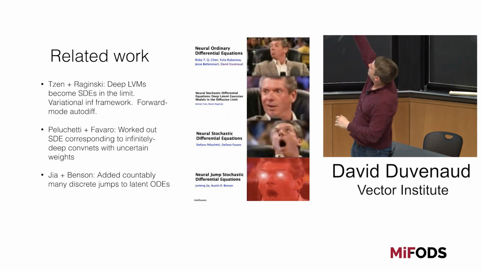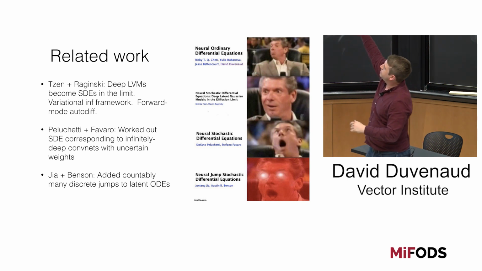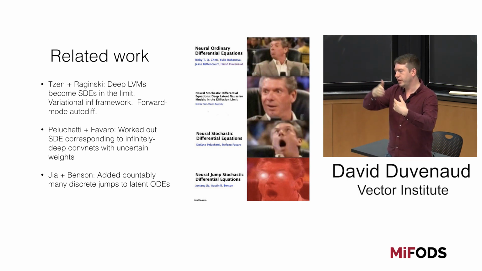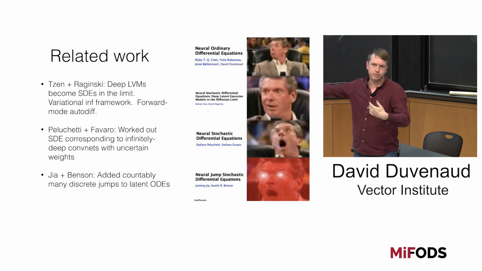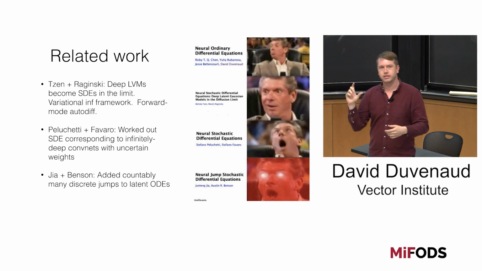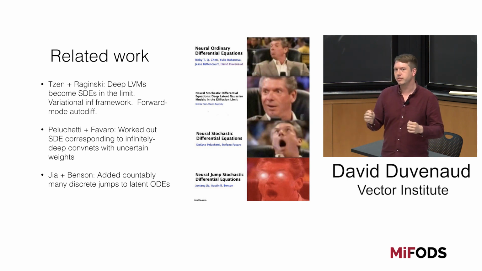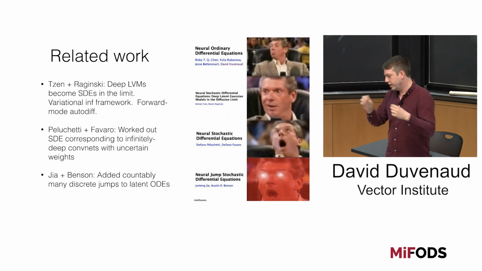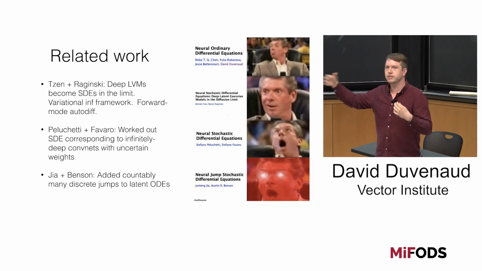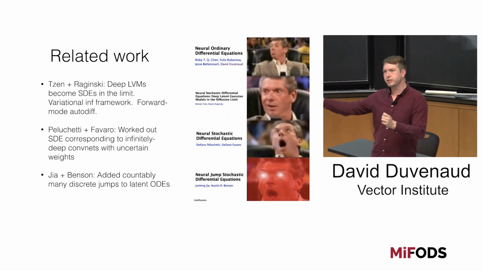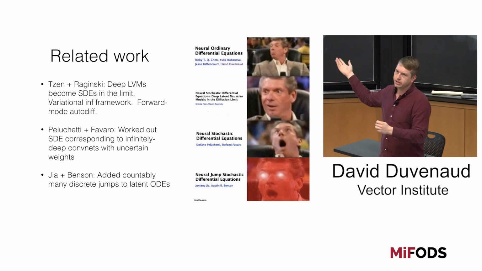And so this first paper, Neural SDEs: Deep Latent Gaussian Models in the Diffusion Limit, made this point that a deep latent variable model where you add noise at each step does correspond to an SDE in the infinitesimal limit, and you can maybe do some sort of variational inference in this model. And they showed how to do forward mode autodiff in this framework. That is, how to trace the SDE solution forward and compute gradients with respect to parameters along the way. The problem is that that doesn't scale. You have to do a separate forward pass for every single parameter in your model. So they used it to train like 5 or 10 parameters.